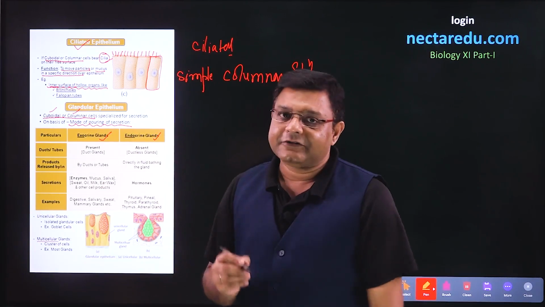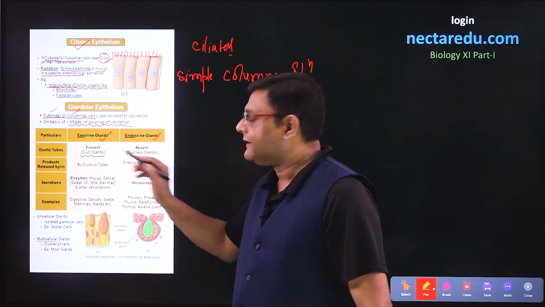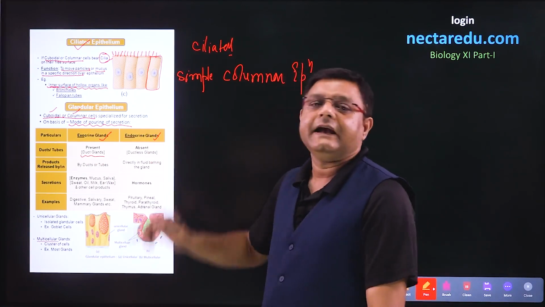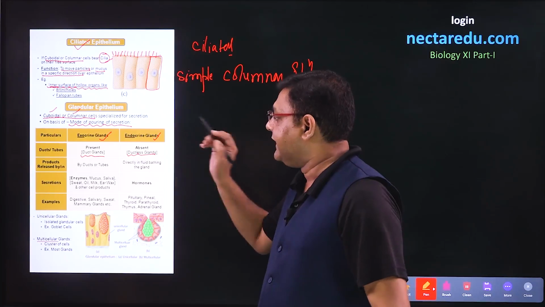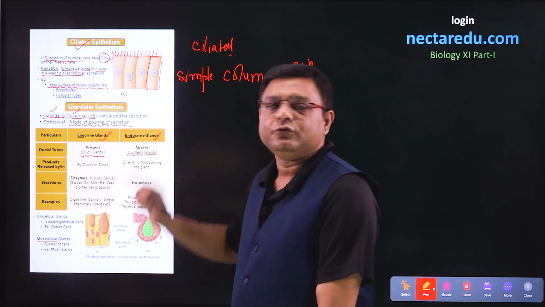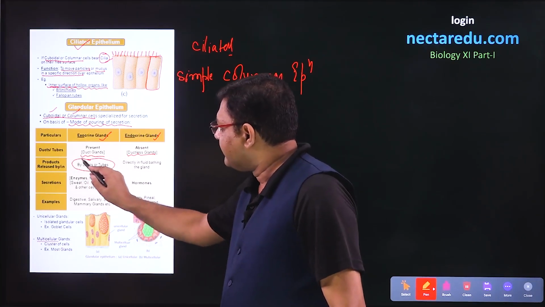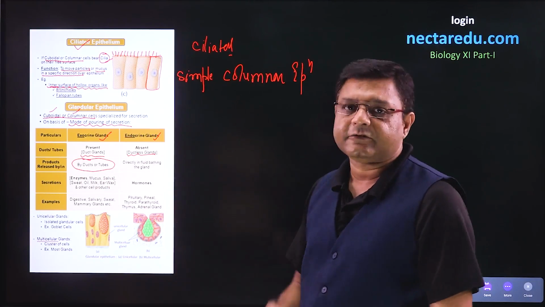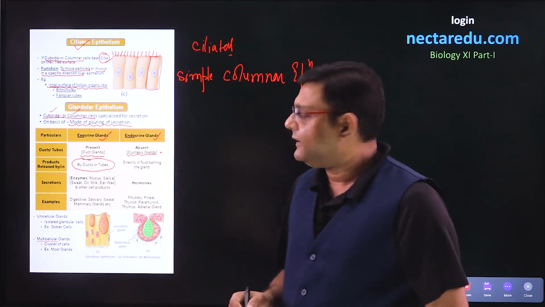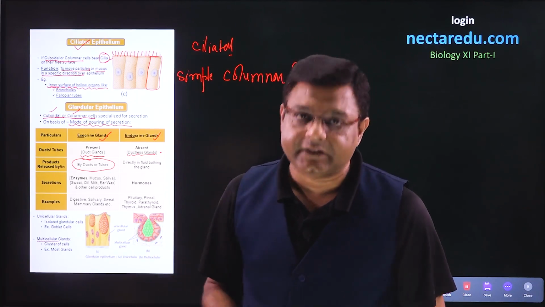Exocrine glands are the glands which have ducts or tubes. So we can say that these are duct glands. If ducts or tubes are absent, then we call these glands endocrine glands or the ductless glands. Talking about the products that are released by these two types of glands. In the first case, the product will be released by ducts or tubes since they are present. But in the case of endocrine glands, as we said, ducts are absent, so the secretion will be directly released in the fluid which is bathing the gland.